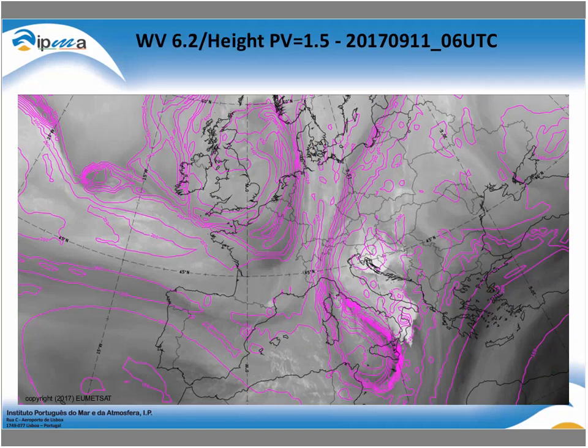As you can see here, we can also use the parameter of the height PV for identifying the intrusion of stratospheric air near the depressions. We are near the lows we are seeing here today. So,